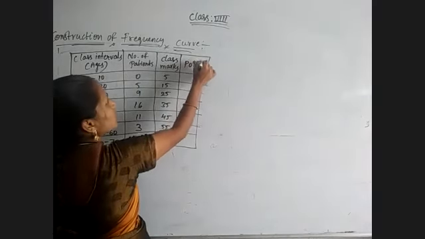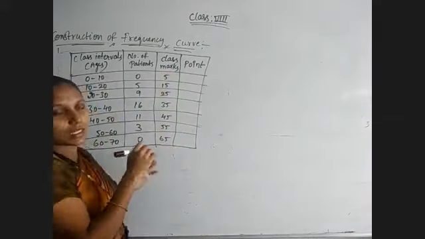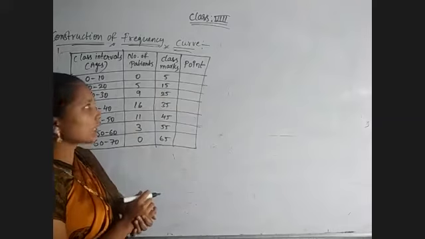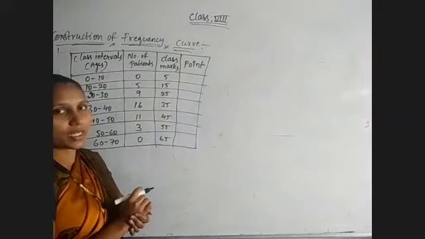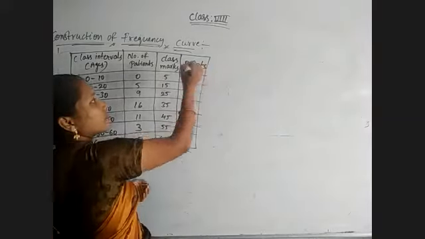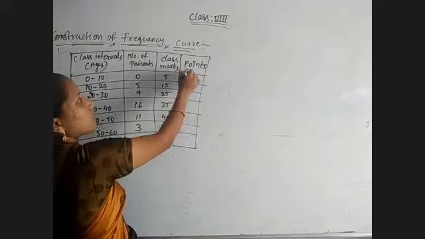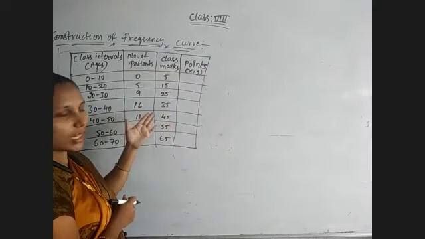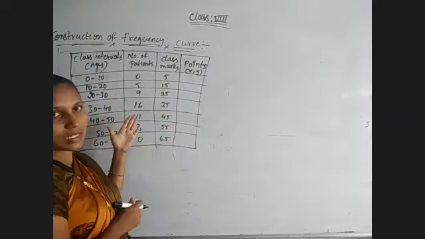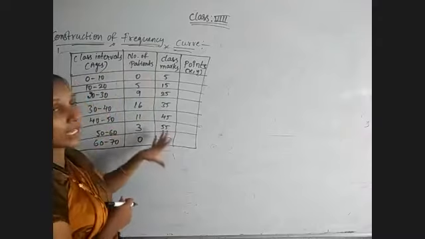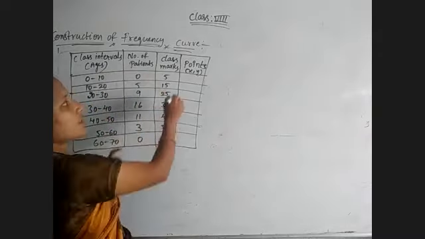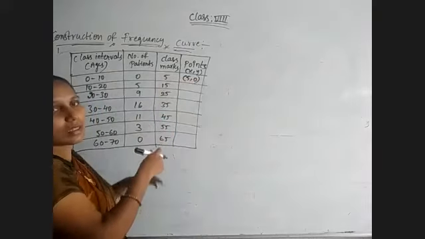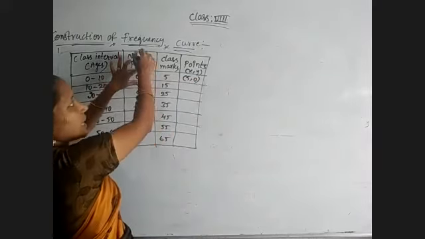Without using the histograms, we are constructing the frequency curve or frequency polygon. So in that case, compulsory we need to write the points. How are we writing the points? X coordinate, Y coordinate we must mention. Class marks are the mid values of class intervals. Class intervals only we are taking on the x-axis. So x coordinate is 5, 5 comma 0. Y coordinate is frequency. We will mention frequencies on y-axis.